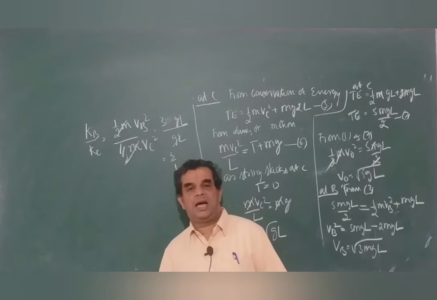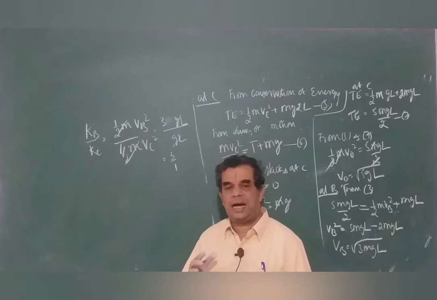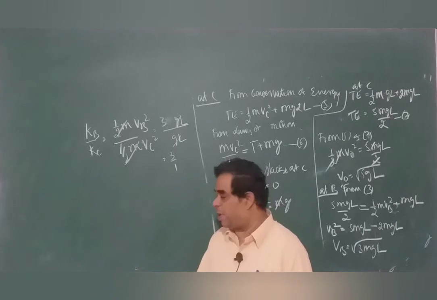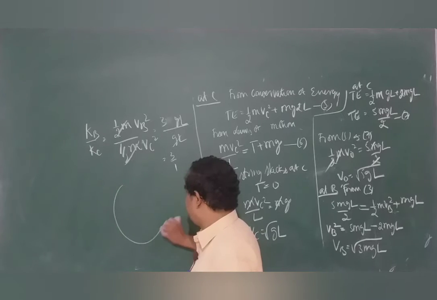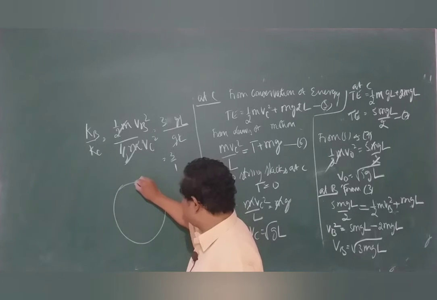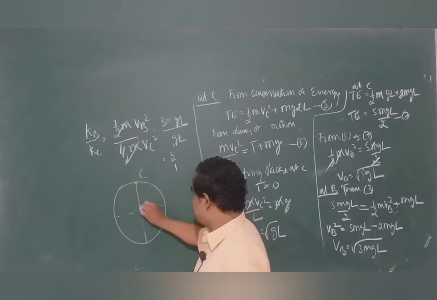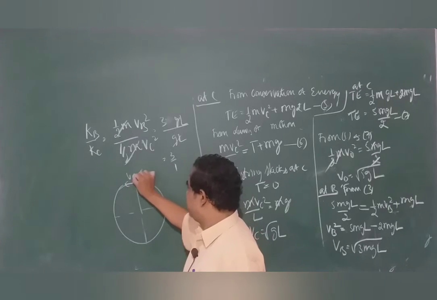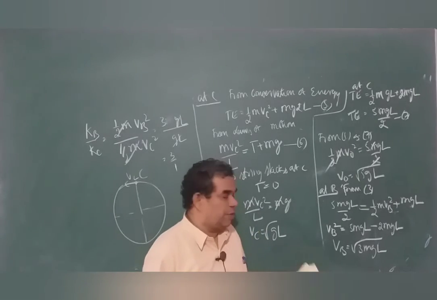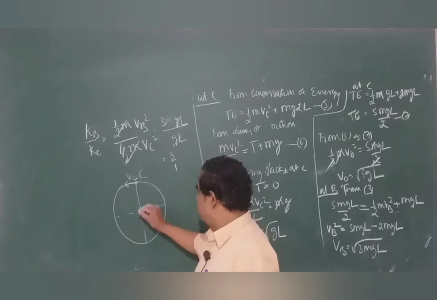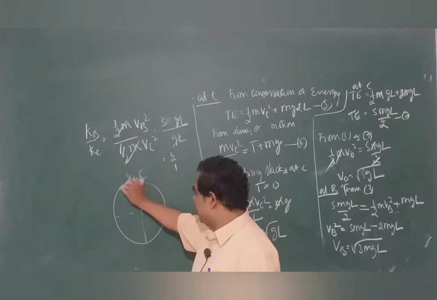And as a last bit in this numerical, they asked us to comment on the trajectory of the particle once it reaches the topmost point. I write that rough sketch there. This is the point C now. Once it reaches C, it is having velocity Vc, which is root of gL, what we have proved. As it is having velocity root gL, if the thread is intact, it moves on the circle.